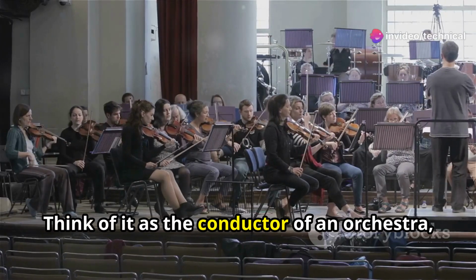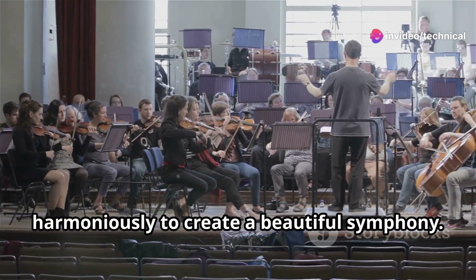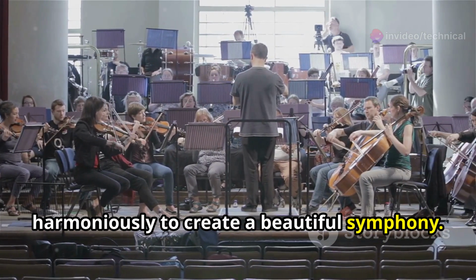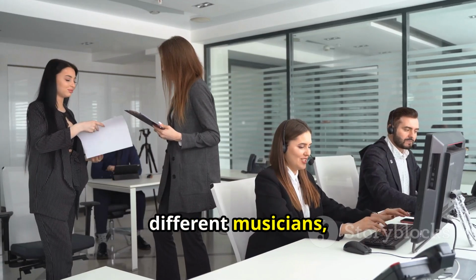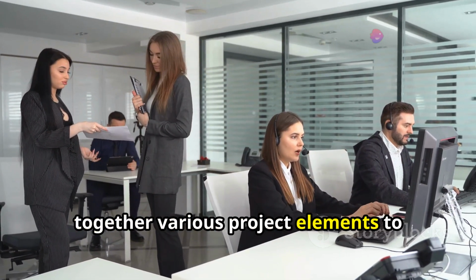Think of it as the conductor of an orchestra, ensuring each instrument plays its part harmoniously to create a beautiful symphony. Just as a conductor brings together different musicians, project integration management ties together various project elements to produce a